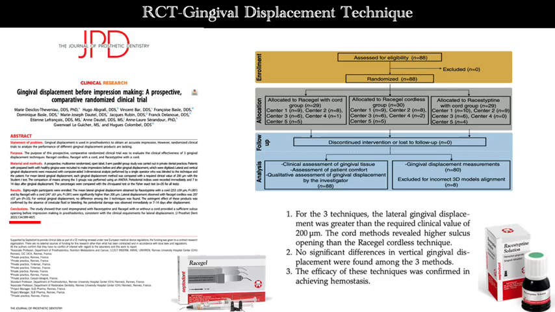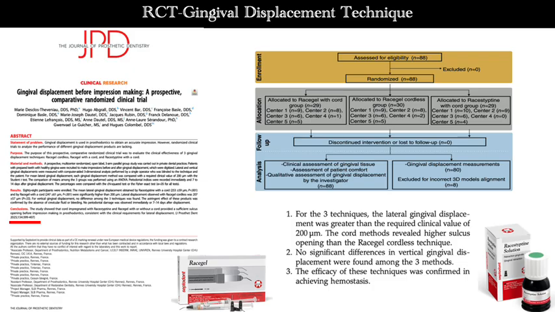So however, in this study there are three groups. This is again a comparative randomized clinical trial, published in 2025, in the current issue of the Journal of Prosthetic Dentistry. So here they have compared Racestyptine and Racegel. Now here Racegel and Racestyptine, the composition is almost the same. It is 23% of aluminum chloride. Now the only difference is that Racegel comes as a gel, whereas Racestyptine comes as a solution,